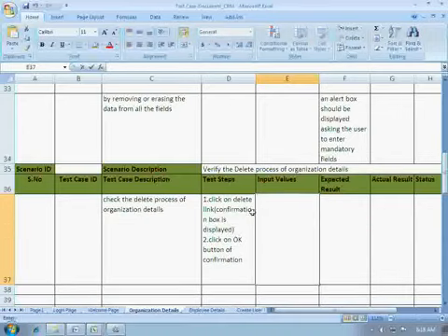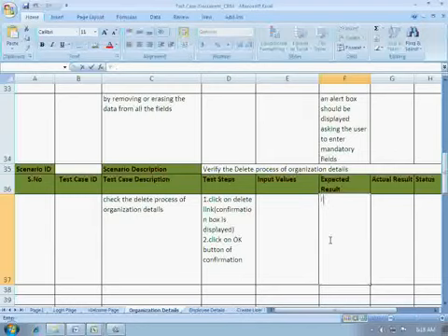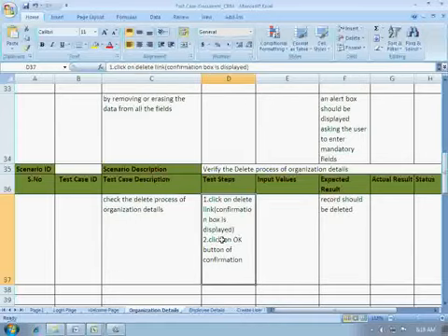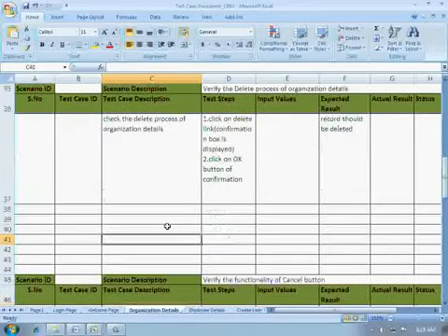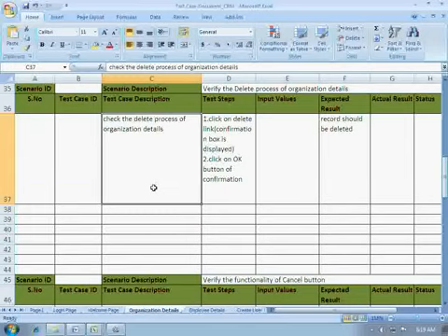Input value: we click on the delete link and we click on the OK button. Expected: the record should be deleted. So in this test case what we are checking is whether the organization details are being deleted or not.